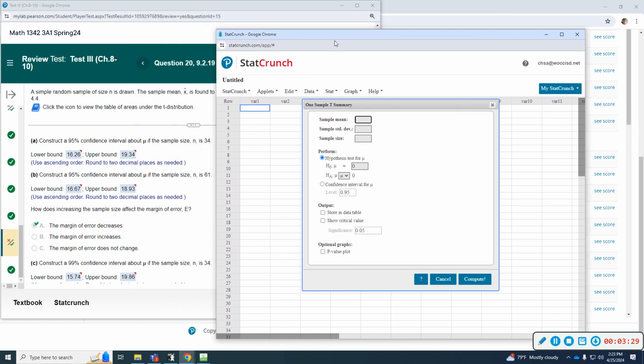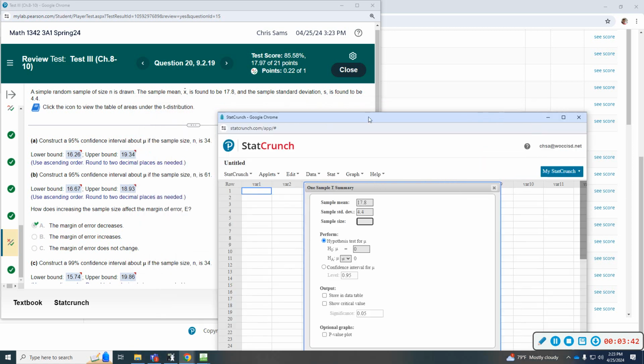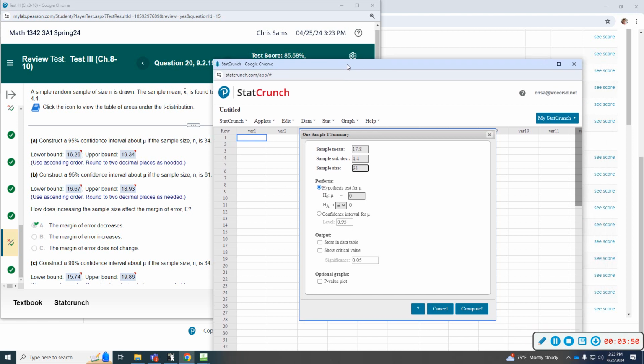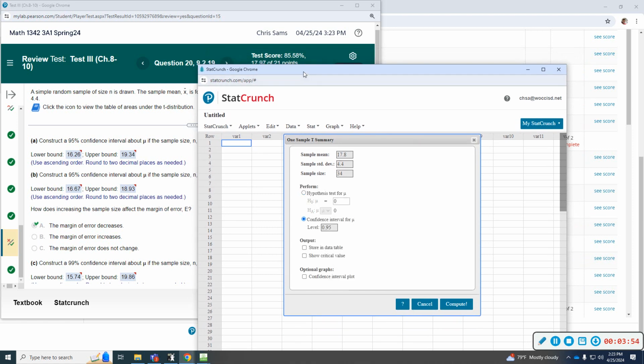Sample mean is 17.8. That's why that's wrong. Sample standard deviation 4.4. And then the sample size is 34. Okay, so if we do all of that and we tell it confidence interval, the first one was